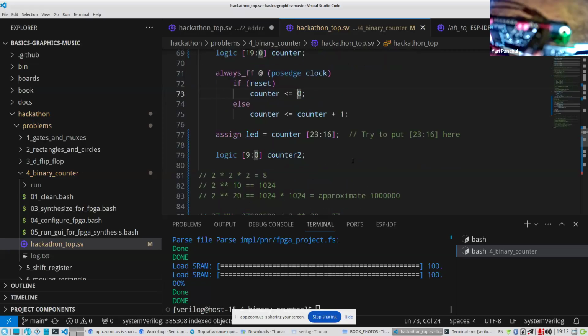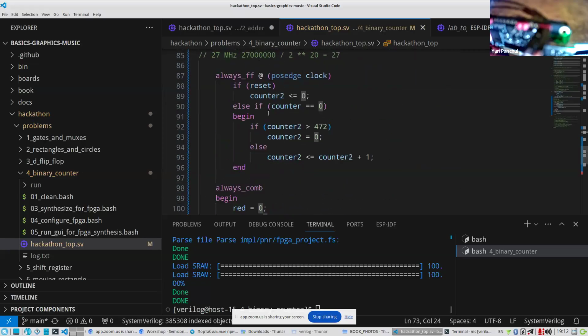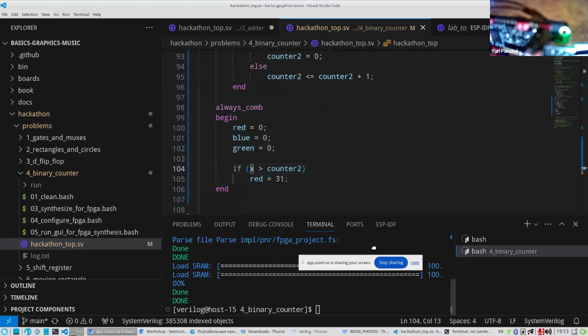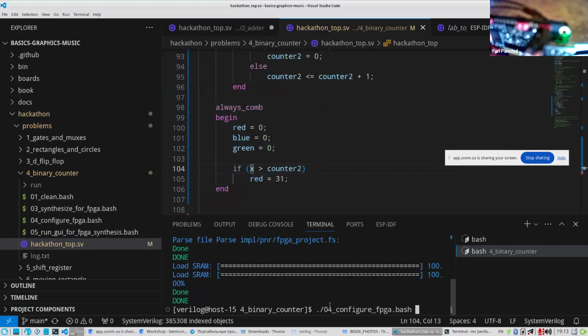Then every time this counter becomes 0, and this 0 happens 27 times a second, we check that if counter 2 is more than 472, which is the size of our screen, it goes to 0, otherwise we increment it by 1. And then we put a combinational logic saying that if the x coordinate of the current pixel is more than our counter, we put it to red.